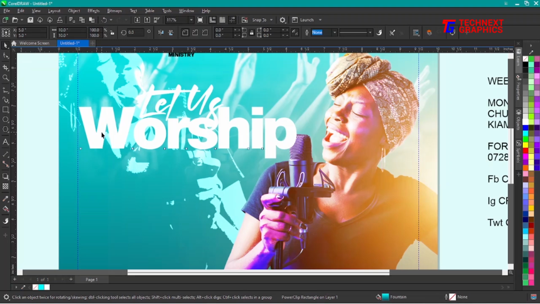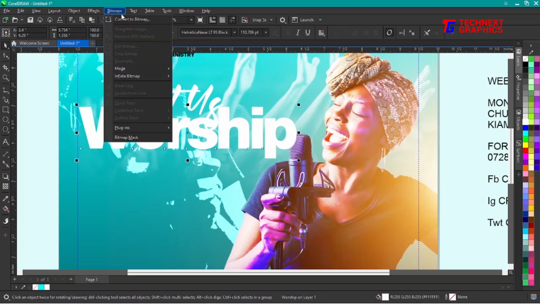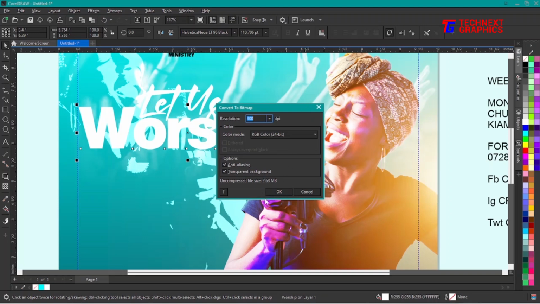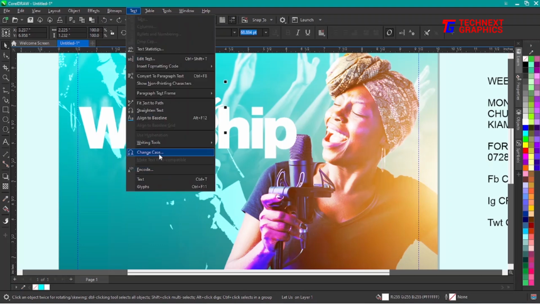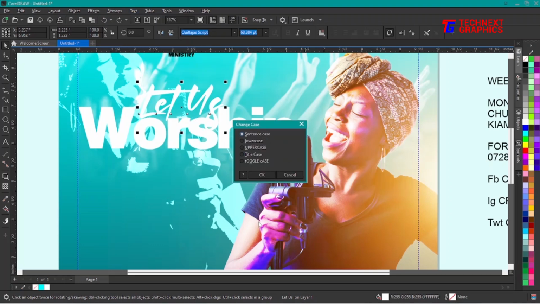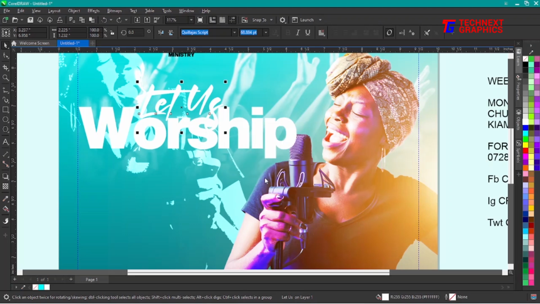So first I'll select the word worship, then go to bitmap, convert to bitmap. Okay, then select the word letters. First I'll change the font to sentence case. So I'll go to text, change case, make sure I've selected sentence case, then okay, like that. Resize, then select letters again,